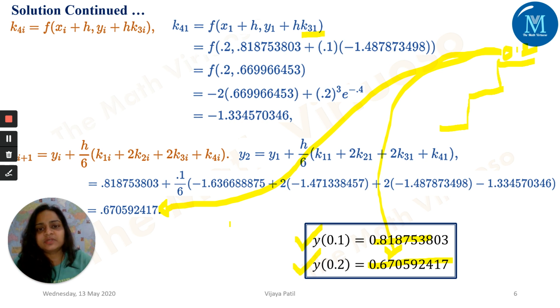I hope you all have understood this Runge-Kutta method of fourth order. Because this is a little lengthy video and lengthy problem, my suggestion is that whenever you start with a problem, see what x0 and y0 should be, calculate the entire step k10, k20, k30 and k40, then calculate y1, and then come back and see the video again. Only then can you